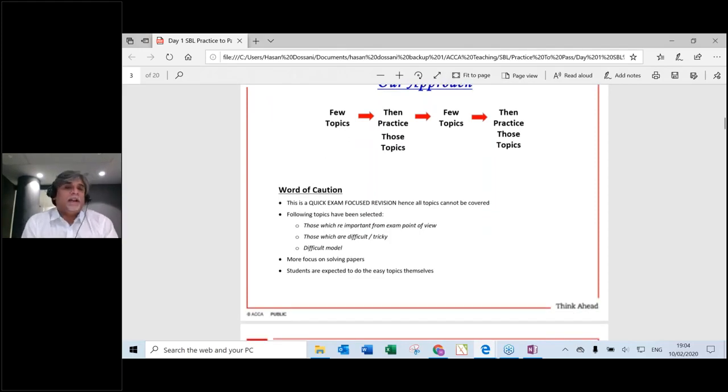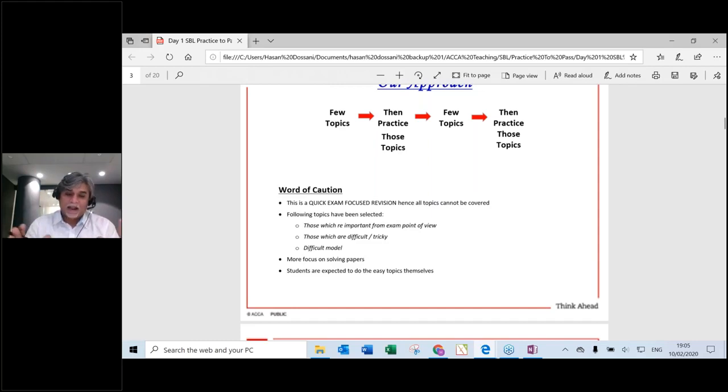And a little bit of a word of caution here. You would agree that this is a revision session. We just have 15 hours in which we have to do a lot of things. So obviously, I will not be able to cover each and every topic, and I will not be able to cover each and every question. So I have tried my best to select the most important topics, and the way I have